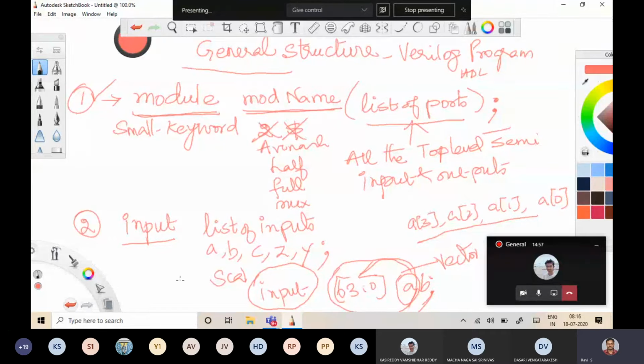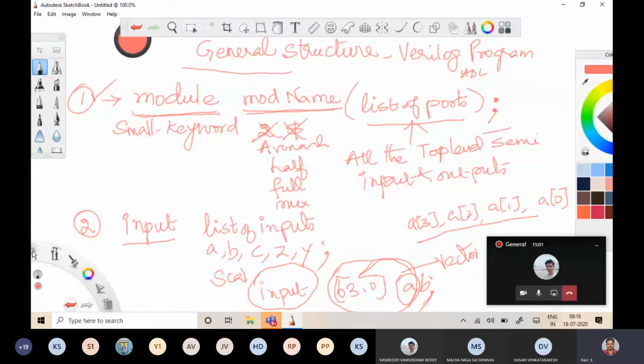Okay, so now I'll go for the third line. Please quickly copy this first line and second line of Verilog.